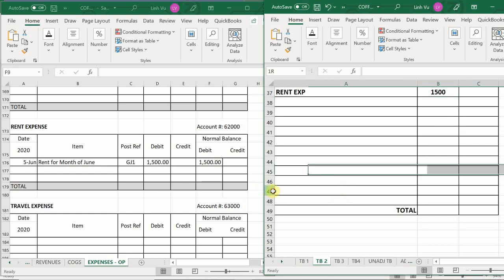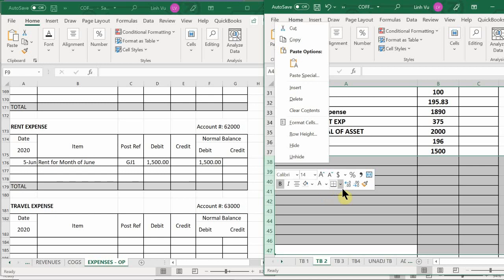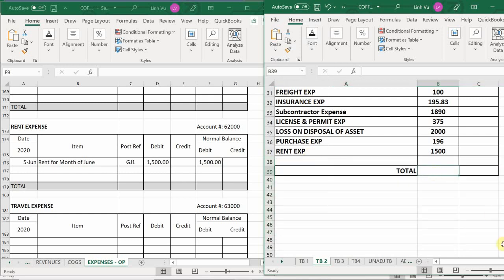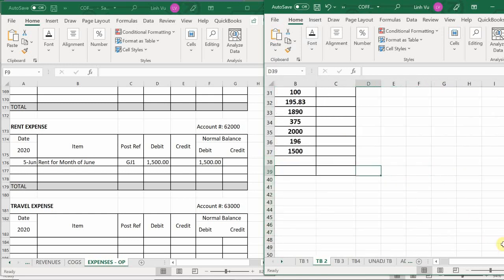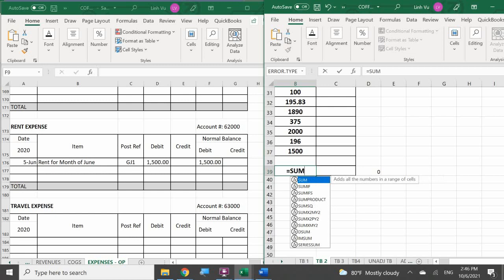So I'm going to go ahead and pretty much get rid of all this. And what we're going to do is total up everything. Okay, so in this case, I'm going to go ahead and equal sum this. Now, what I also like to do in order to make it that much easier, I do on the side take my debits and subtract my total credits. So then I know if I have a discrepancy or not.